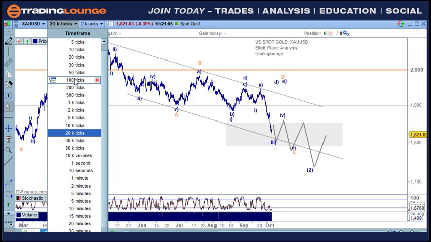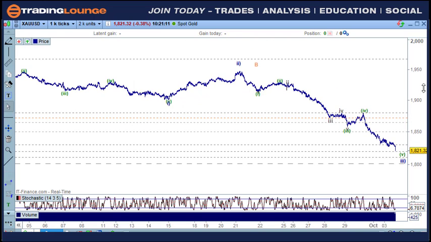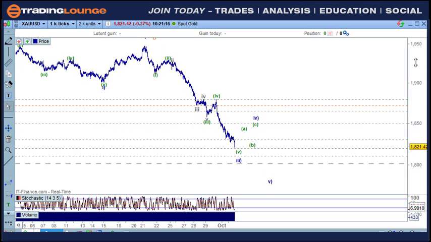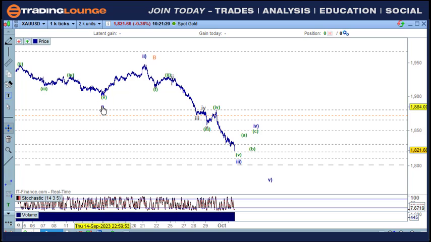I don't know where we've been here. Is it 1,000 or 100 or something? So basically in this little version here, we can look at this. We've had this as wave 1 here and 2 over here. We can look at the B wave here. I don't think that's the case. And then 1, 2, 3, 4, 5 down here for the 3rd wave. There's going to be some type of ABC pattern over here for the wave 4. So it's going to be a bit of a bumpy road over here. And then we're going to go down for wave 5 here.